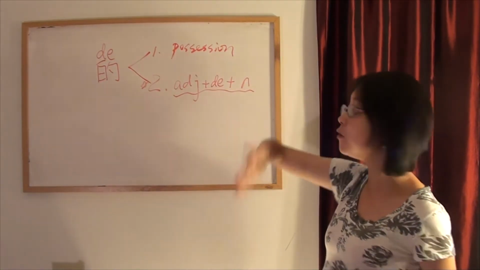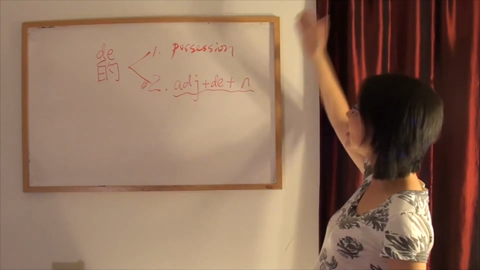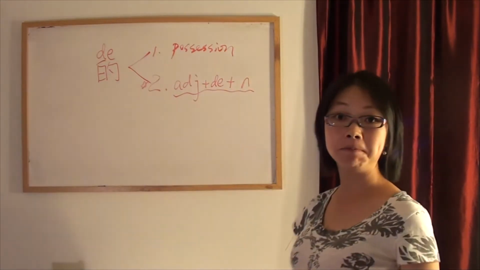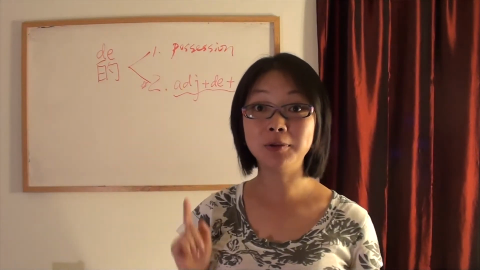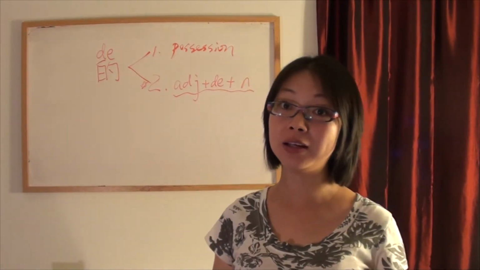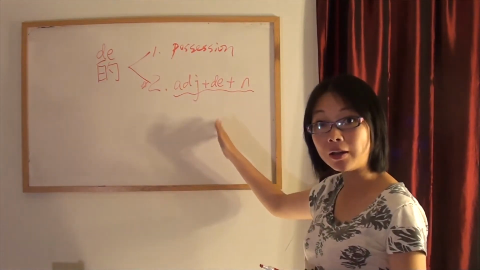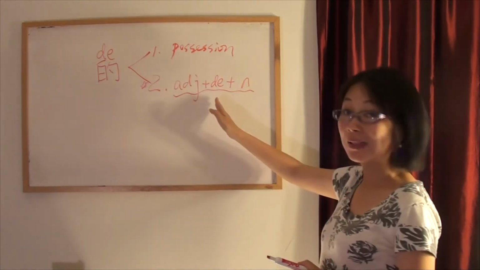Only when you meet an adjective and a noun, you need to use 的 to connect them. You got it? So this is what I want to tell you, and it's very important. And from this, okay, look at it carefully. From this,